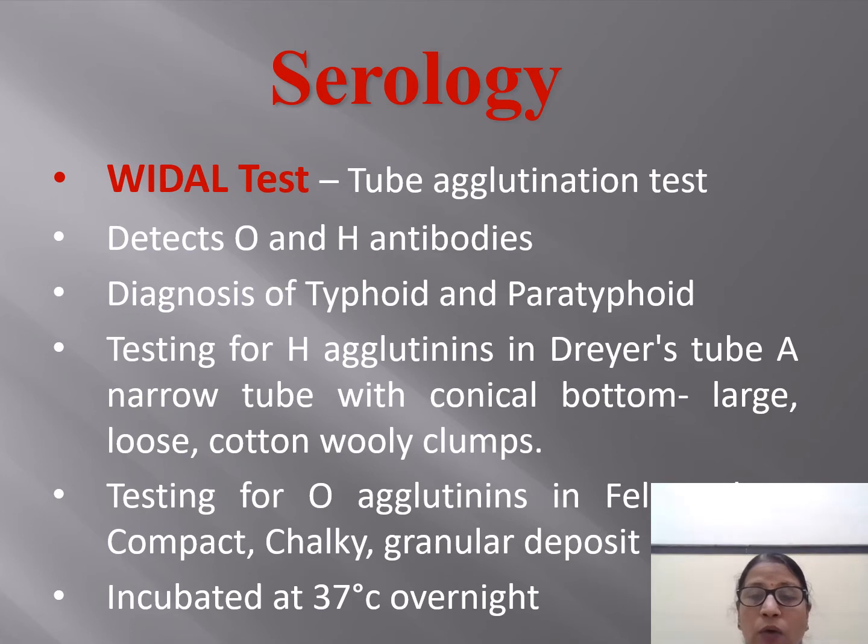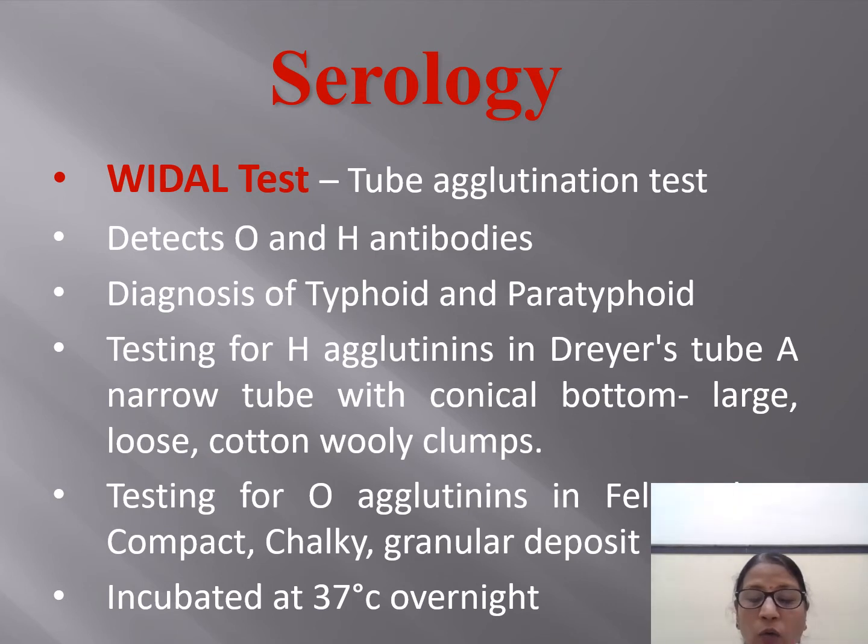The second row will be for detection of antibody against the flagellar antigen of Salmonella Typhi. Clear? The third row will be for Salmonella Paratyphi A H antigen, and the fourth will be for Salmonella Paratyphi B H antigen. H antigen is added, and what we detect? Antibody against Salmonella Paratyphi B H antigen. Clear? So O agglutinin will form in the first row.